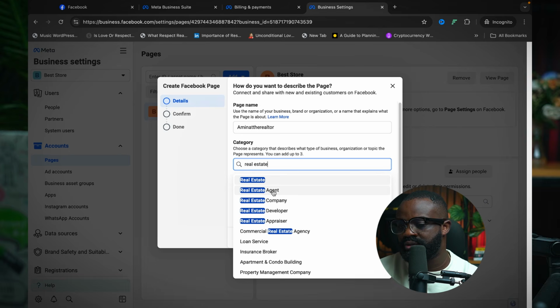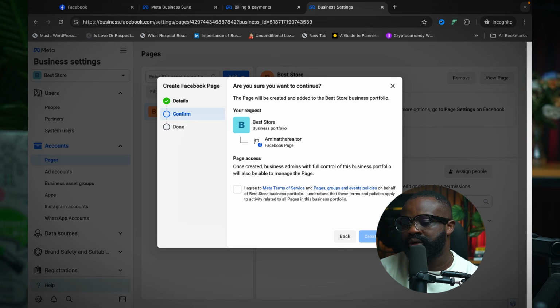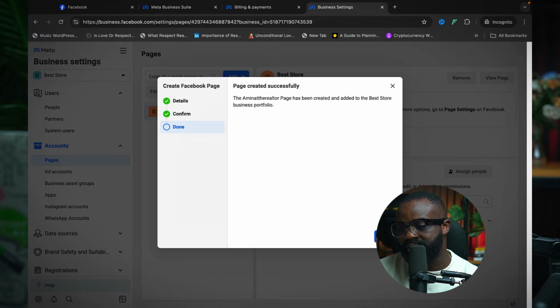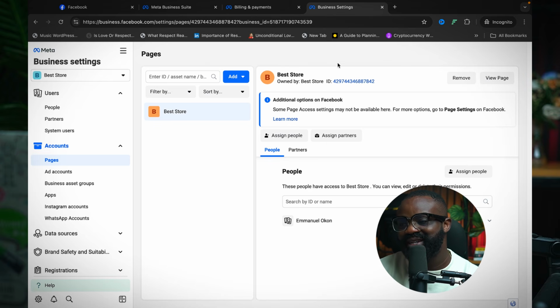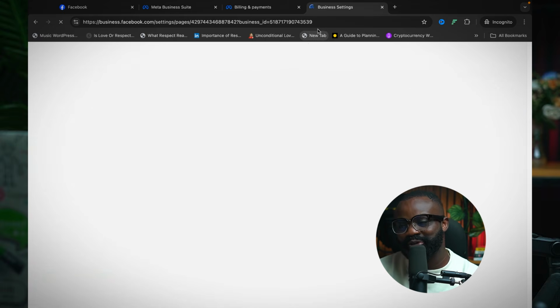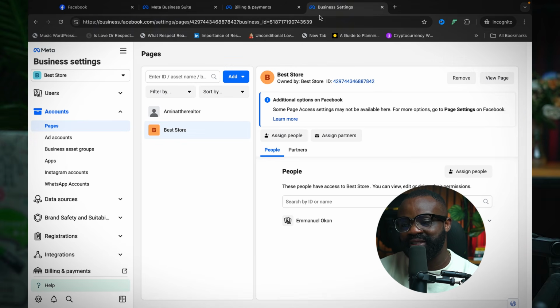Okay, let's do this real estate. Next, agree, create page. Hopefully the page to create from here. Okay, so the page successfully created. So I'm sure you've learned something right now. So I'm going to go back again and show us exactly what I did to be able to create this